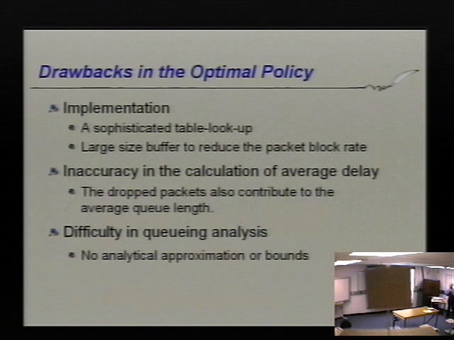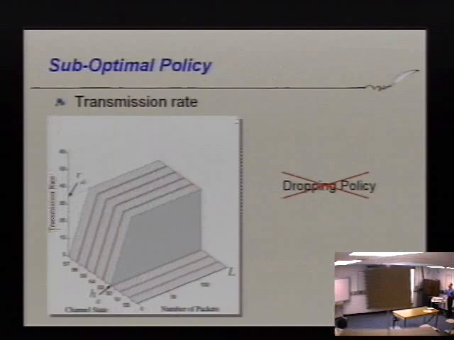And secondly, because we choose to drop some packets after withdrawing from the buffer, using the later theorem to calculate the average buffer delay is not accurate. And the third one is the computational complexity of the dynamic programming approaches is huge. It increases exponentially with the buffer size. And the optimal policy is very complicated to use some queuing analysis to derive simple approximations or bounds to simplify the system design. So the next step, we are going to design a suboptimal policy where no packet is